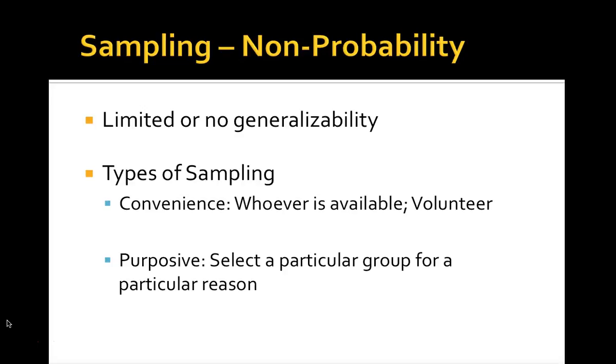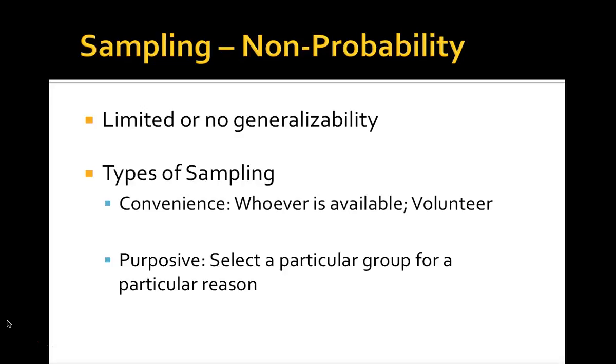So for example, we might utilize convenience sampling, right? We may decide that we're going to go and give a survey to all the students in a certain type of class. This is convenience sampling. Whoever's available in the class that day is going to take the survey. It's not random because some people maybe didn't show up for class, some people maybe didn't enroll in a class. It's not a full population sample. So it's convenient for us to collect the data, but it's not necessarily a good representative sample of a larger